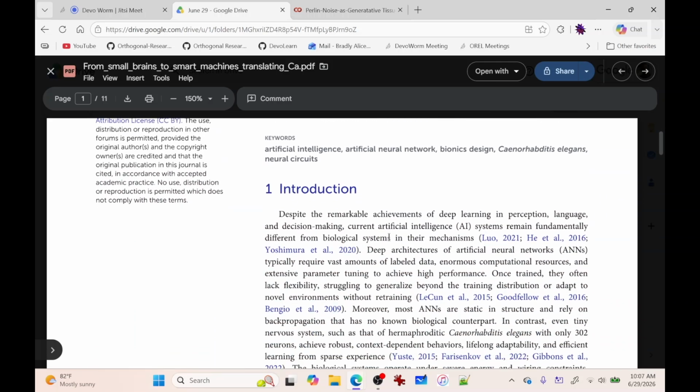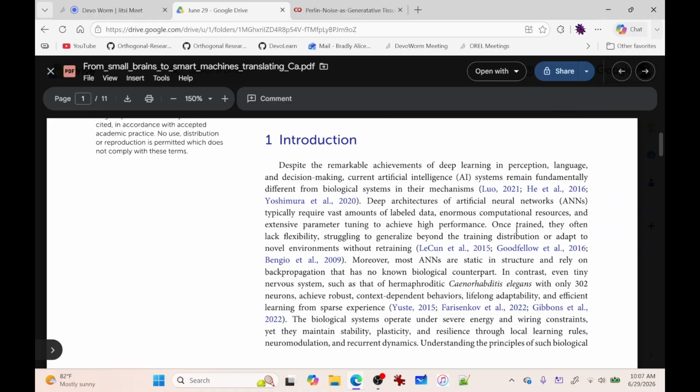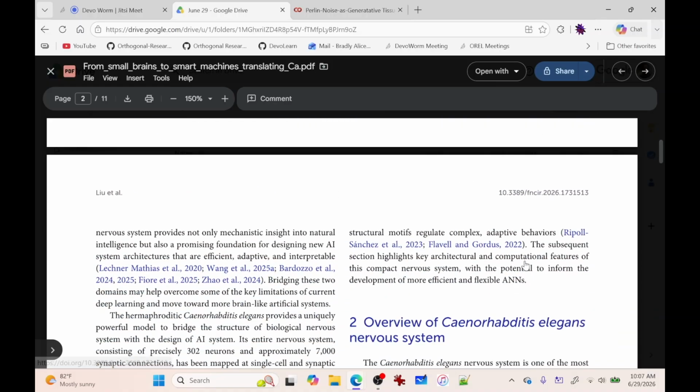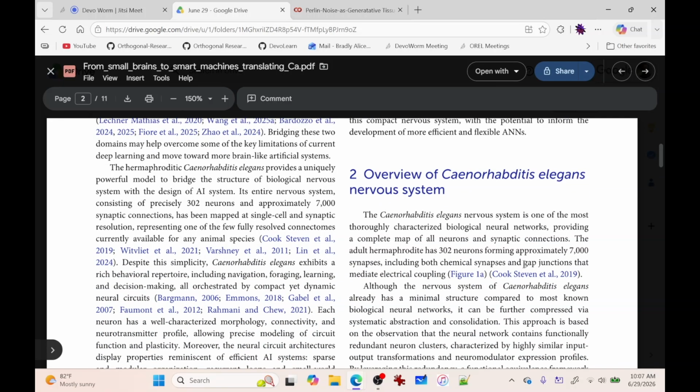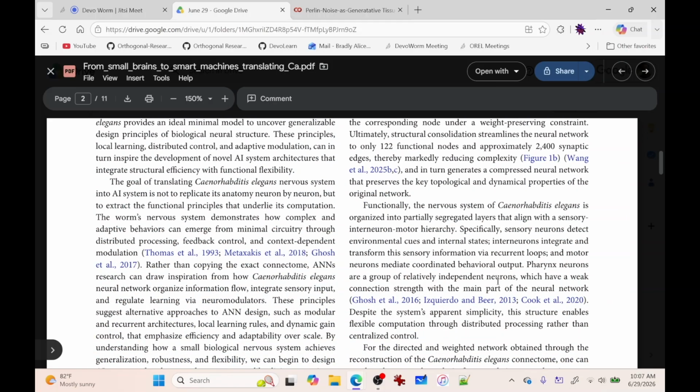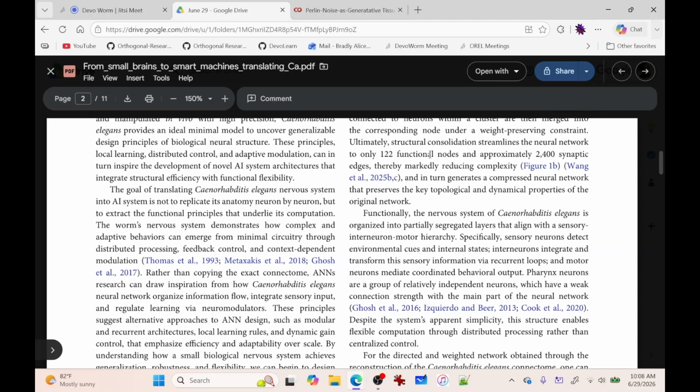Okay, so this just kind of goes through a review here where they talk about ANNs and all their shortcomings compared to biological connectomes. And then it talks about the C. elegans nervous system and how this works. It's just talking about the relative simplicity, although I don't know if it's relatively simplistic because you have, let's see, so it says,